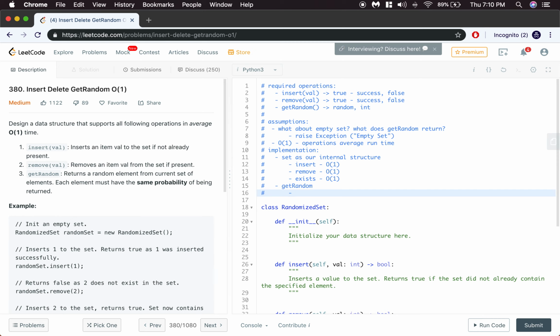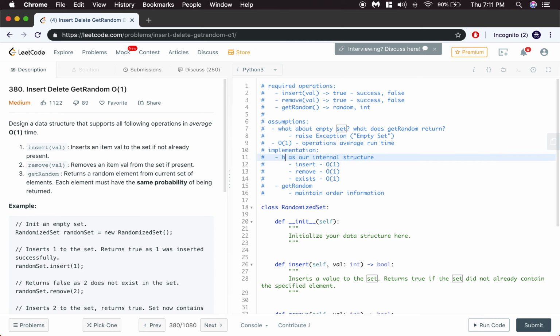Okay, so this one is a little tricky because we have a set. A set is unordered. Because we are storing the integers into a set, which is unordered, if we were to generate some random indices, we're not guaranteed to be getting the same element from a set, and so we have to somehow maintain order information. And this is achievable by